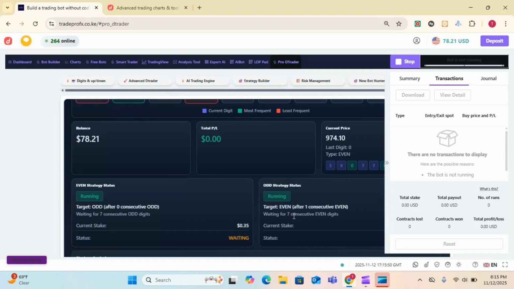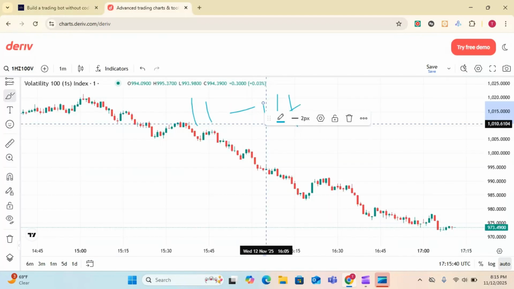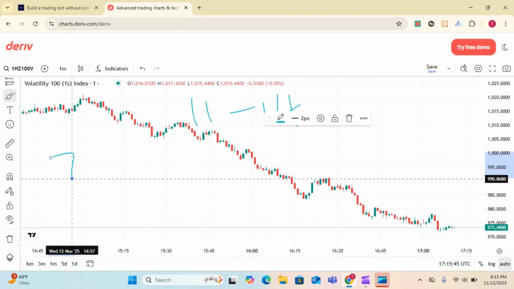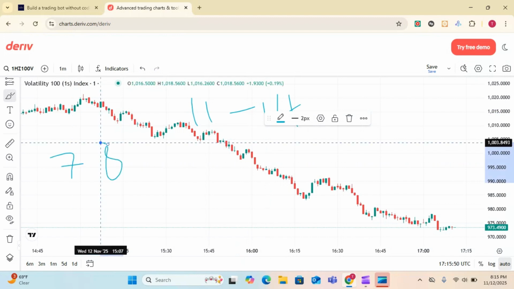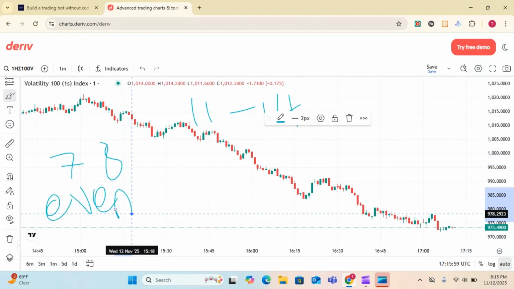So let's go back to even odd. Right now it's looking for 7 consecutive odds or 7 consecutive evens. So we want only 7 consecutive even or odd, and the eighth digit is what should be our win. Let's say we have gotten 7 evens. Then the next one, which is the 8th,